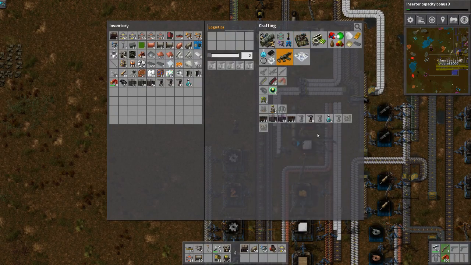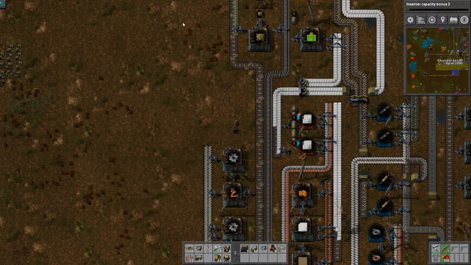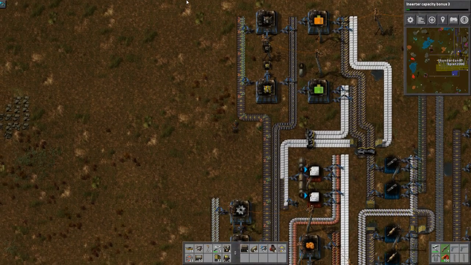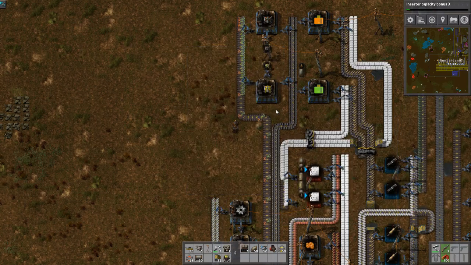Oh, no. That's still no modular armor. It's probably locked behind blue science. Yeah, do we have anything in the way of...